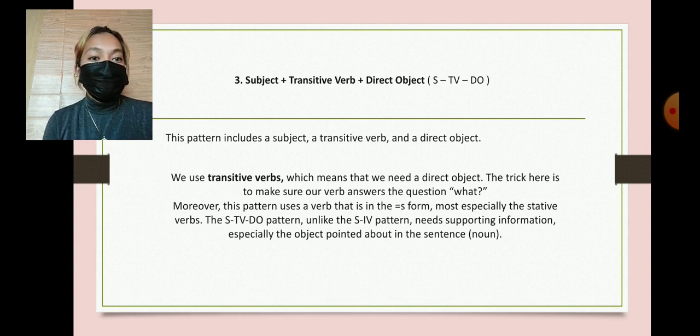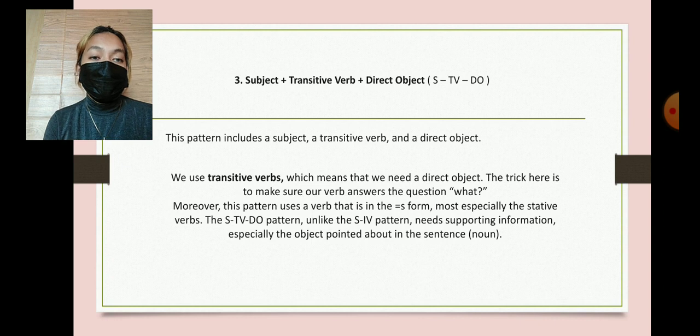We use a transitive verb, which means that we need a direct object. The trick here is to make sure our verb answers the question, what? Moreover, this pattern uses a verb that is in the S form. Most specifically, the stative verbs. The STV-DO pattern, unlike the SIV pattern, needs supporting information, especially the object pointed about